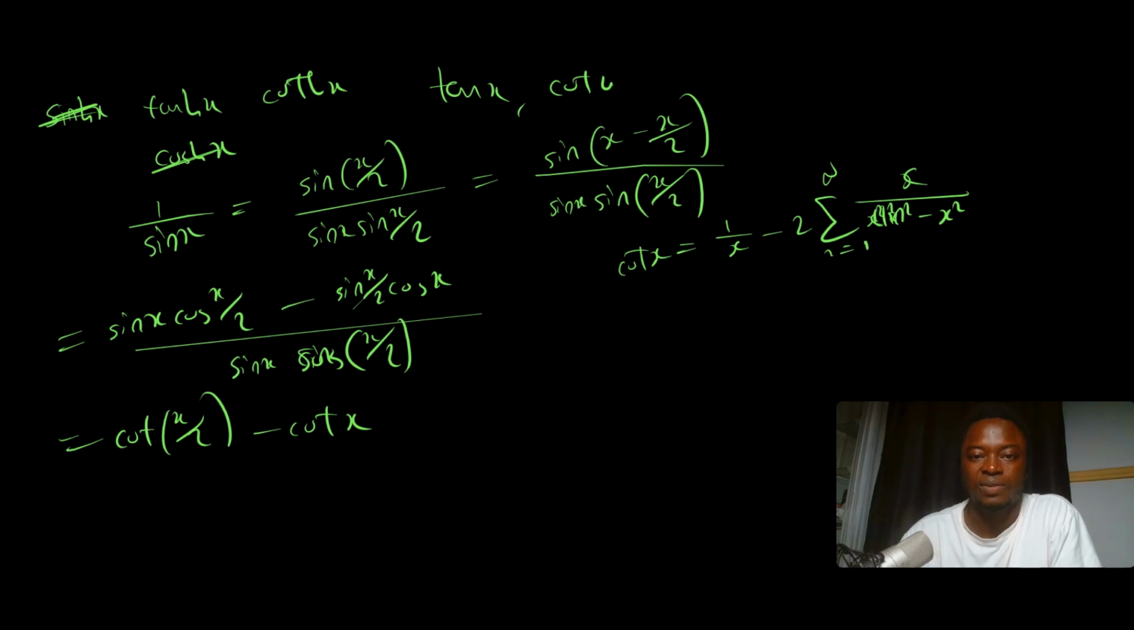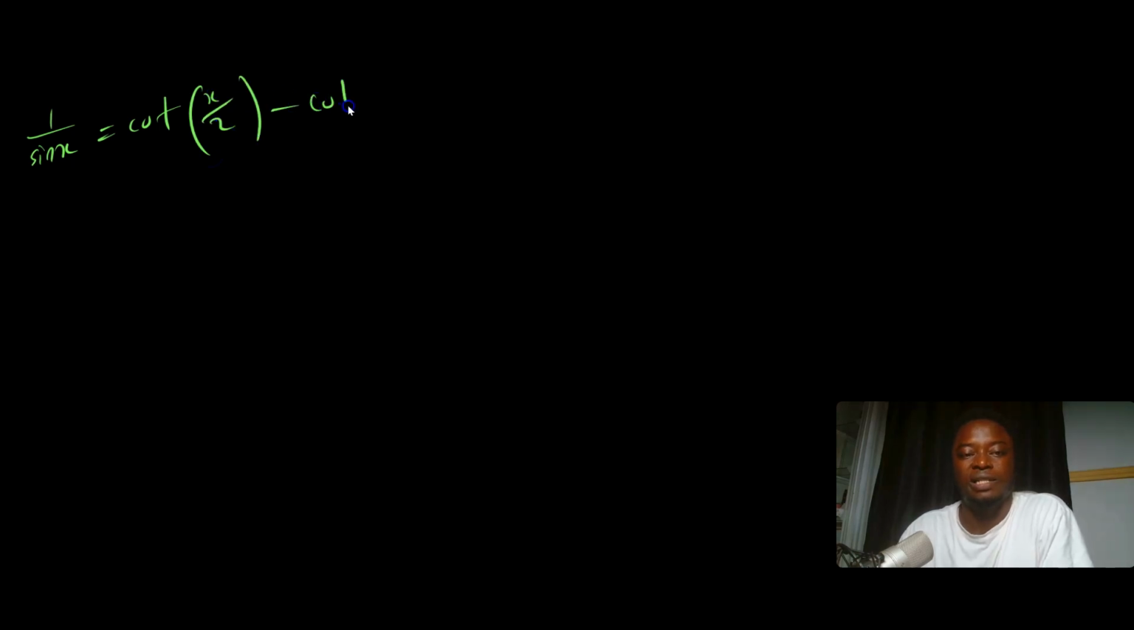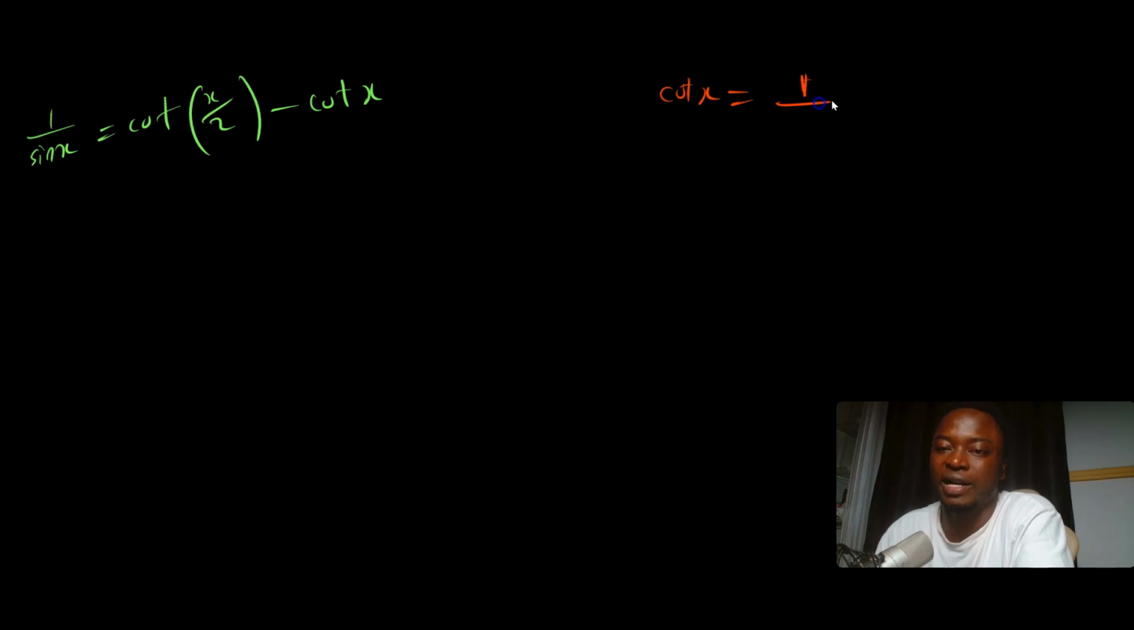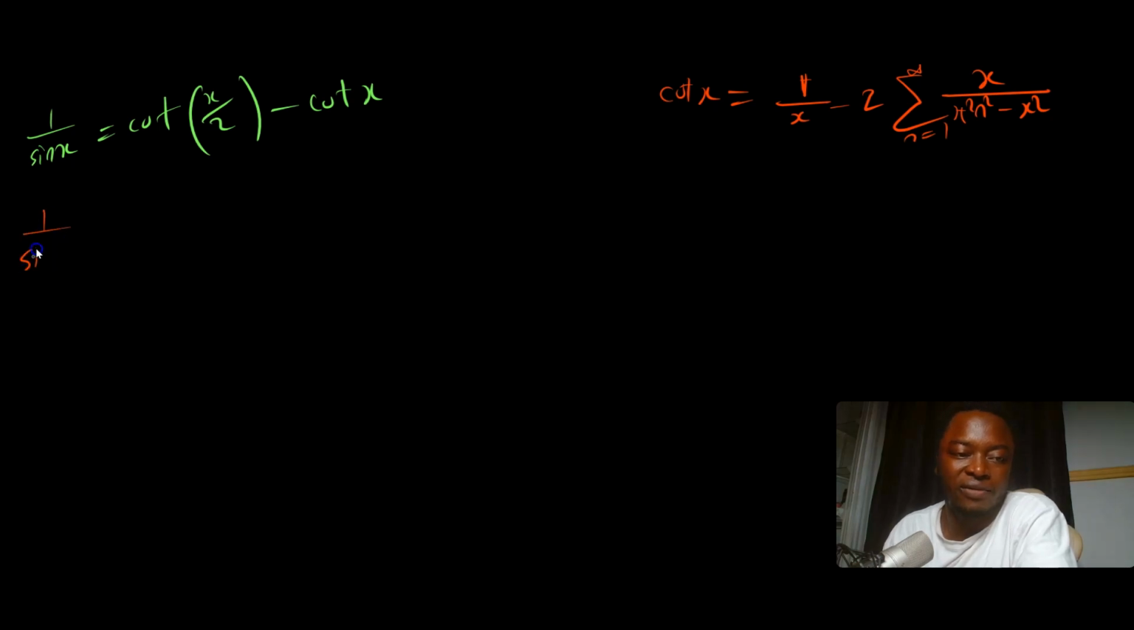So let's go to the next page. We have already established that 1 over sine x is going to be cotangent of x over 2 minus cotangent of x, and it is clear that cotangent of x is 1 over x minus twice the sum as n runs from 1 up until infinity of x divided by pi squared n squared minus x squared. So essentially 1 over sine of x here is going to equal 1 over